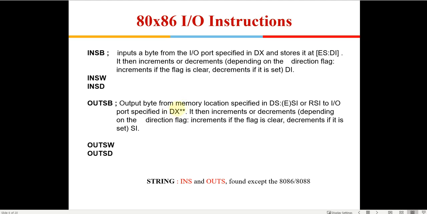Again the output port will be specified by the DX register, and then it increments or decrements SI depending on the direction flag. Similarly you can have a bulk transfer of word or double word also. So these are some of the instructions.